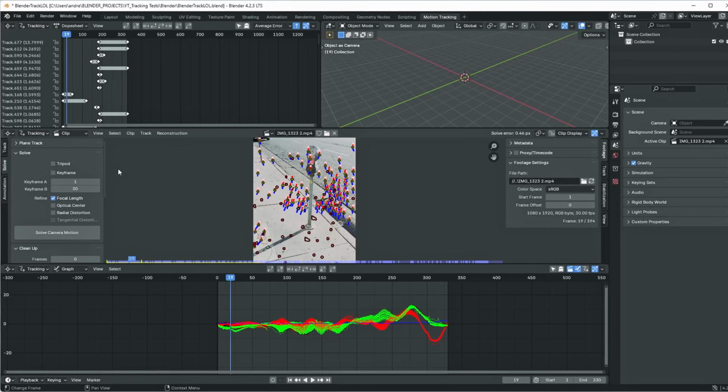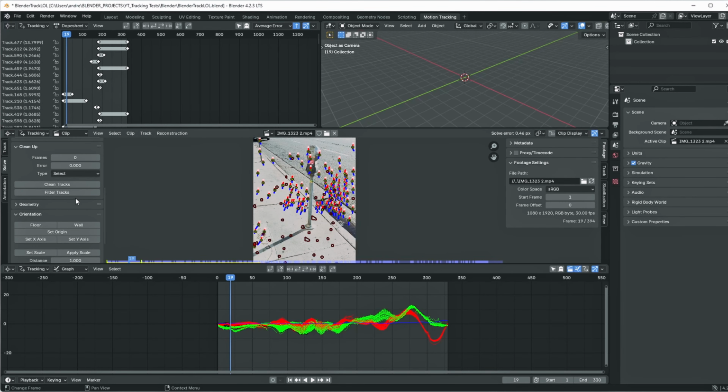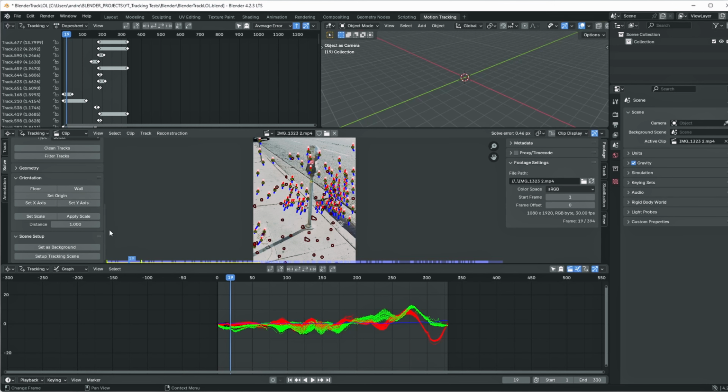So having it all natively inside Blender, all beginning to end, would make sense. But this is the issue that I keep having just objectively with the same project. It's easier to track with something else, but we'll keep going. Solve error of 0.46, which is good. I had to clean some tracks. I had to refine back and forth. But here we are. So let us